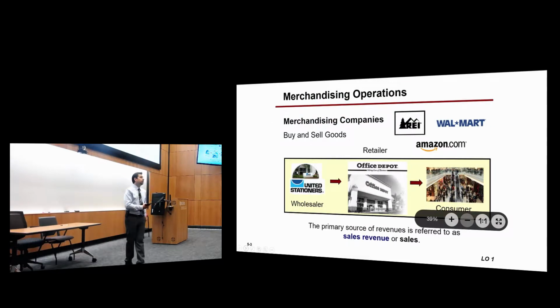Now, when we talk about merchandising companies, there are two types of merchandising companies. Exactly. So basically, you have wholesalers and retailers, right? When you go to Best Buy and buy, are you buying from a wholesaler or retailer? Retailer, because they sell to individual people. Wholesalers are the people who will sell to Best Buy or people who will sell staples and stuff like that. Okay?